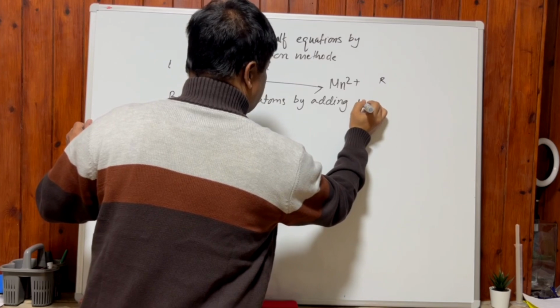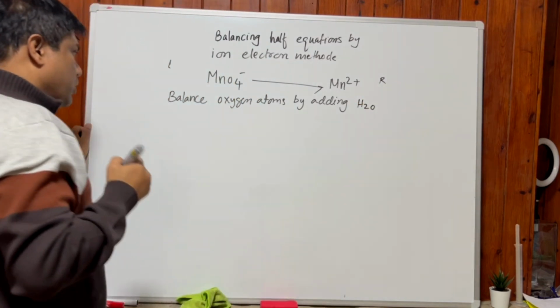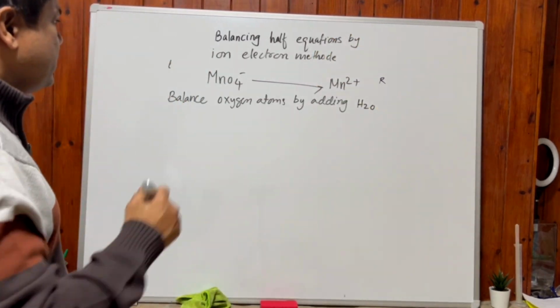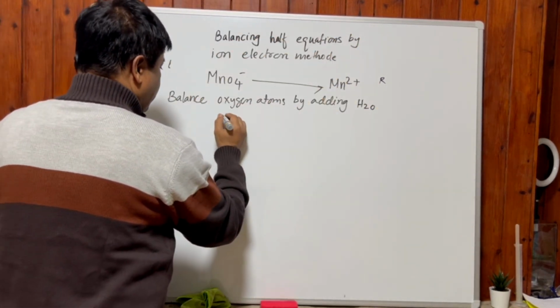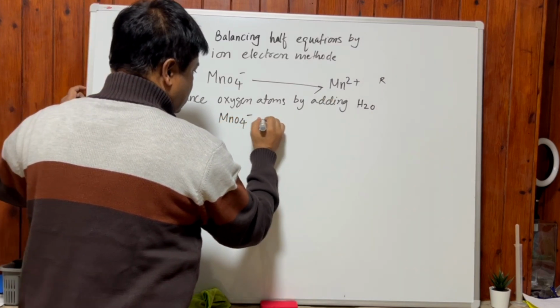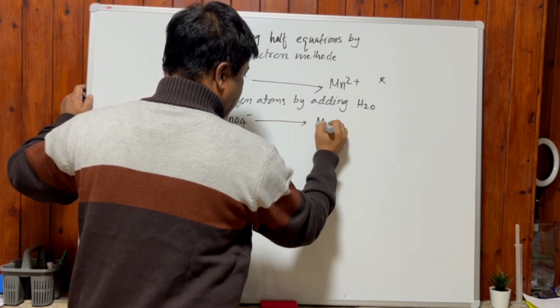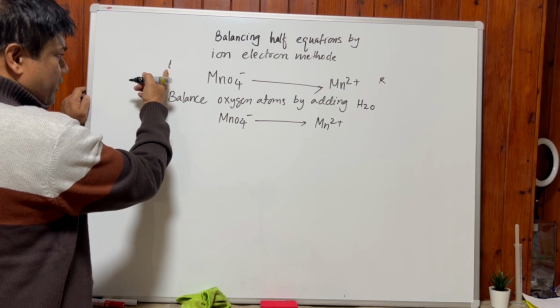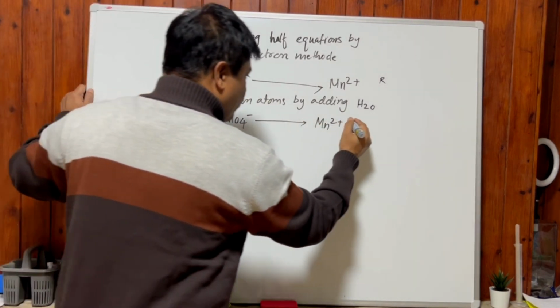On which side do we have no oxygen? On the right hand side. Add water molecule on the right hand side. MnO4 minus becomes Mn2 plus. How many oxygen atoms are more on the left side? 4. Add 4 water molecule,